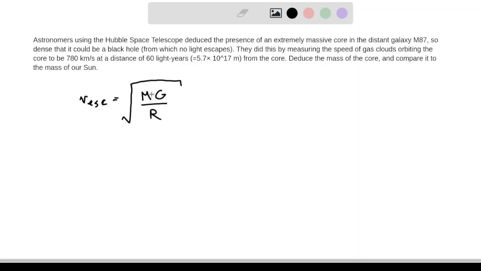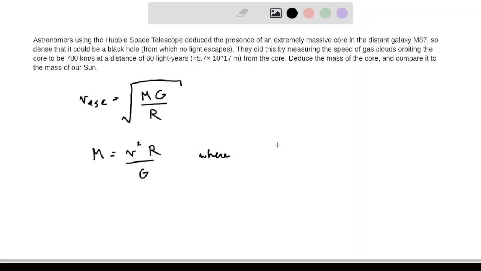And we want to solve for the mass of the core, so let's rewrite this equation and solve for M. So the mass of the core will be equal to the orbital velocity squared times the radius divided by the gravitational constant,